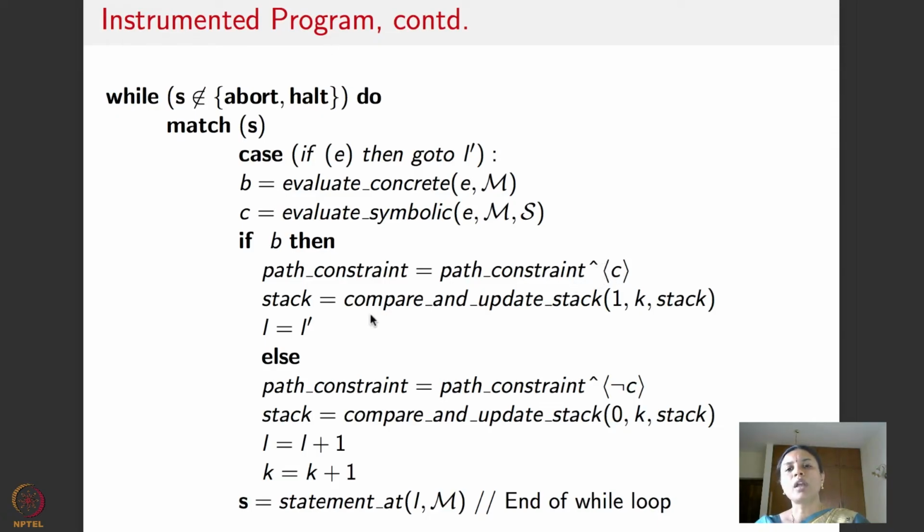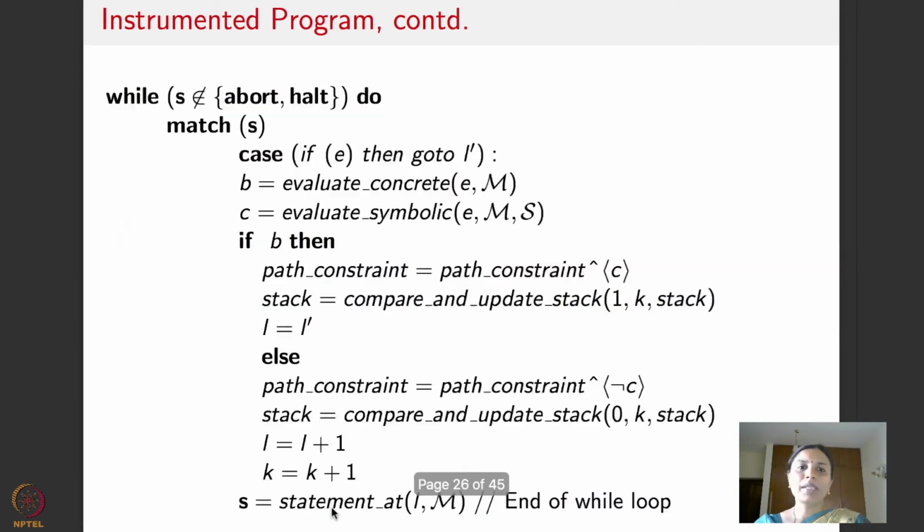And then it will now put this in the stack, saying I have one more path constraint to update. I found on the way the program took a branch. Here is a path constraint. The program took a then branch. So I am putting a 1 here and adding this constraint to the stack, and it will change the statement to whichever it has to go to, L prime. But suppose the condition evaluates to false, then to the path constraint it will add the negation of that condition. This is the path constraint ANDed with negation of C. It will update its stack by saying the program took the else branch with a 0 and add this to the stack and change the statement number, because it's like skipping. So statement number now becomes L plus 1 and it will go ahead and do it.